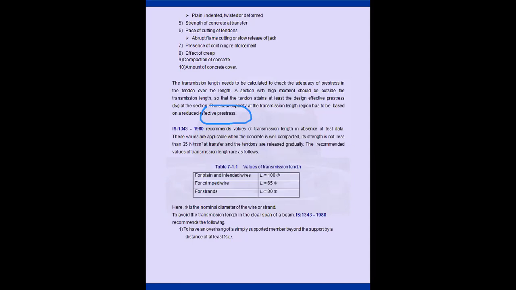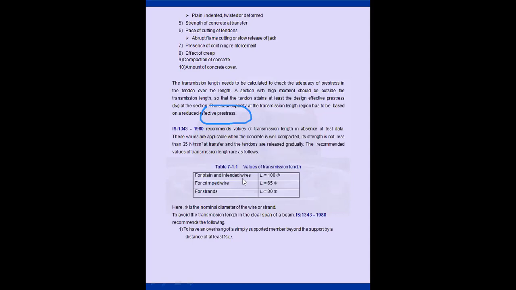So to make your concrete pre-stressed, obviously your concrete should be high strength. That's why your concrete should not be less than 35 megapascal. MPa and Newton per mm square are the same. So with 35 MPa, to transfer the forces, the tendons are released gradually. So what the code is recommending, see,